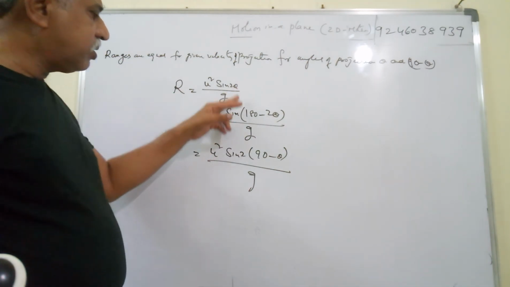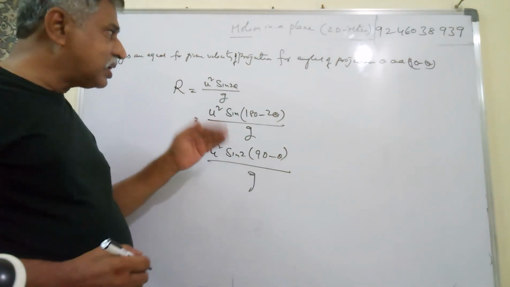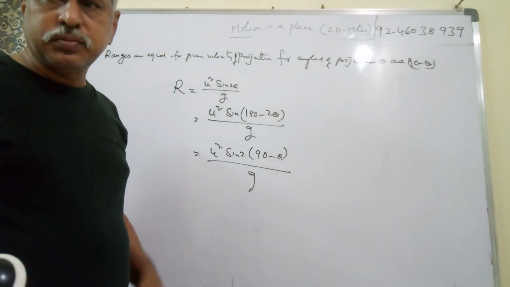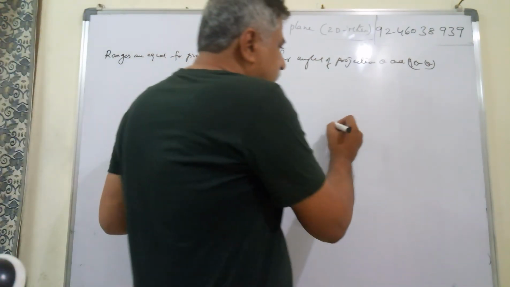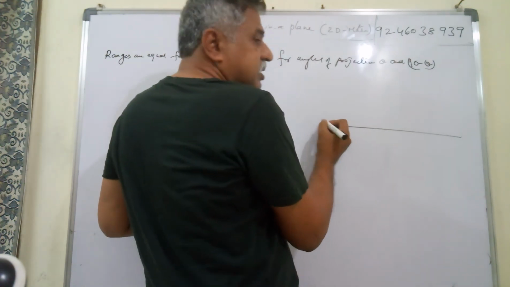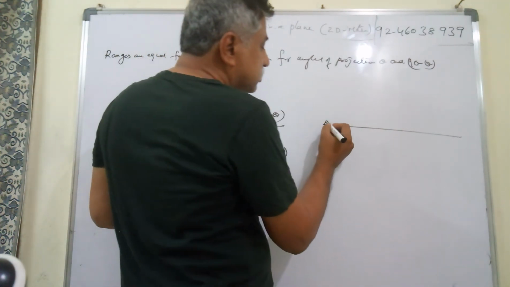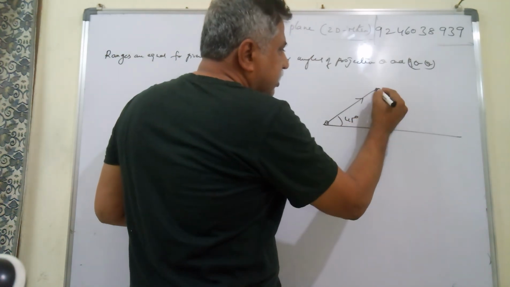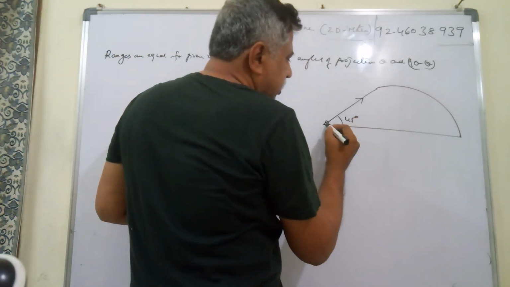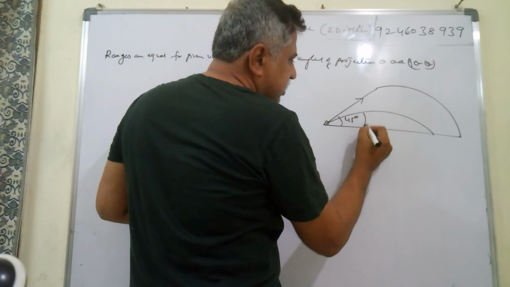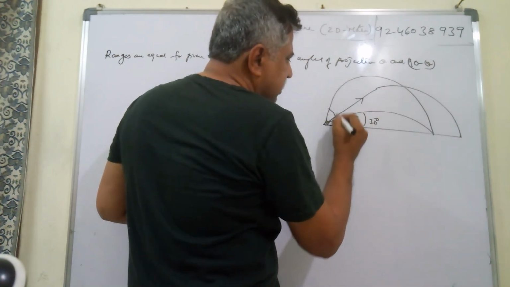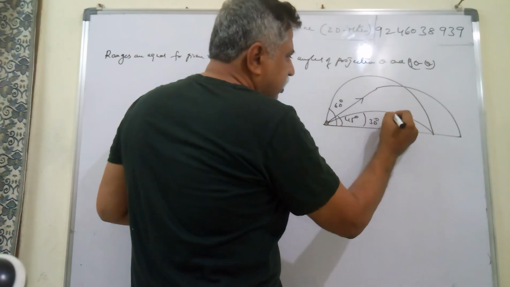అంటే ఏంటి ఇక్కడ theta ఉన్న కారణం 90 minus theta. అంటే theta, 90 minus theta కి ఒకే రేంజ్ ఉంటుందని మనం దీని నుంచి చెప్పొచ్చు. For example, a body is projected like this. For 40 degrees angle of projection, the range is like this. For 30 degrees of projection, like this. For 60, it also has the same range.